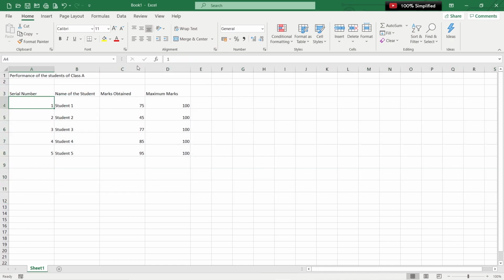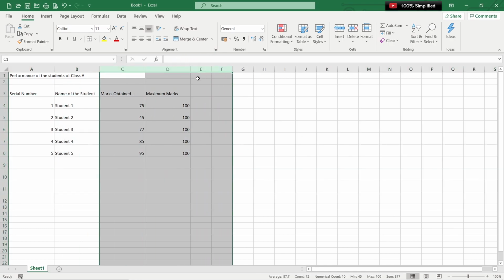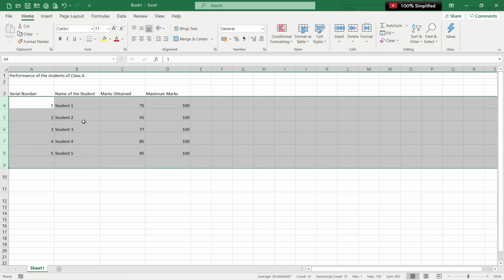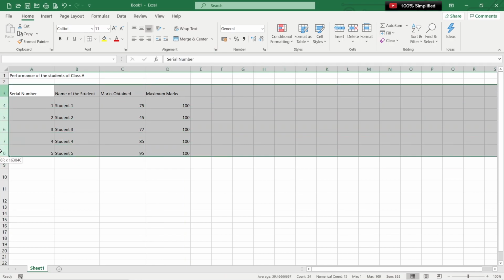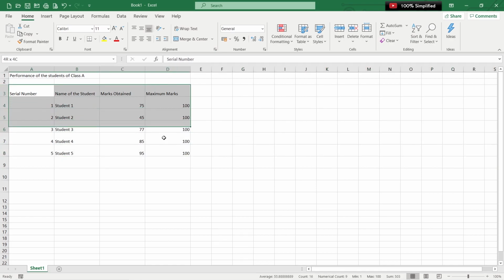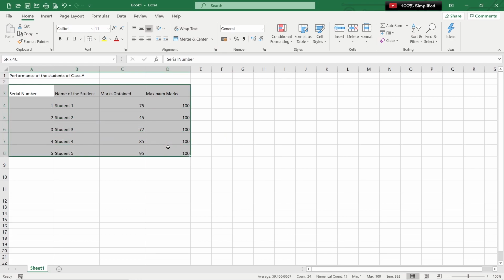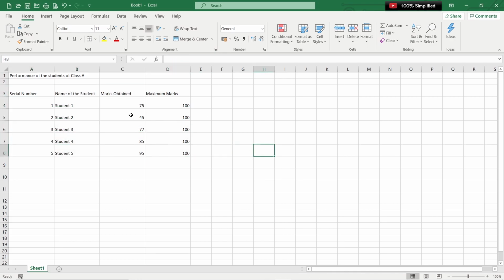So when we are playing around with the columns, it's called the width of the cell. When we are playing around with the rows, it's called the height of the cell. So similarly, you can adjust the height of the cell, and as you can see, our data has now started looking much better visibly, and we can make it look even better by doing the following.